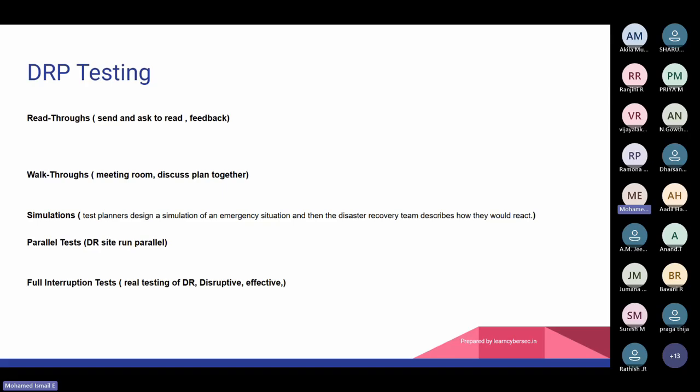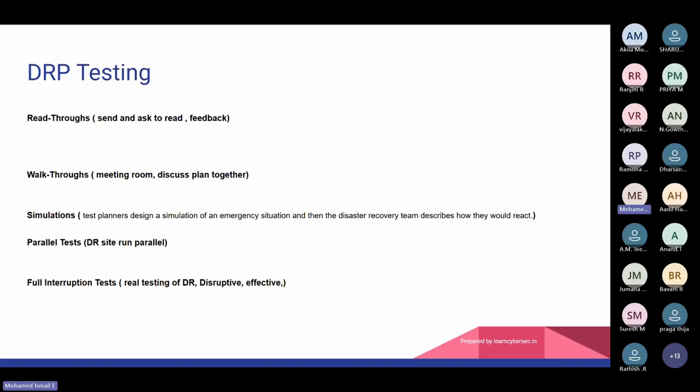You might have seen in buildings the fire incident drill they do. They trigger all the alarms and ask people to join at a common location. These are all part of disaster recovery planning. If there is a fire incident, how people would react is the plan they keep in mind, and they do simulations. So these are the 5 types.